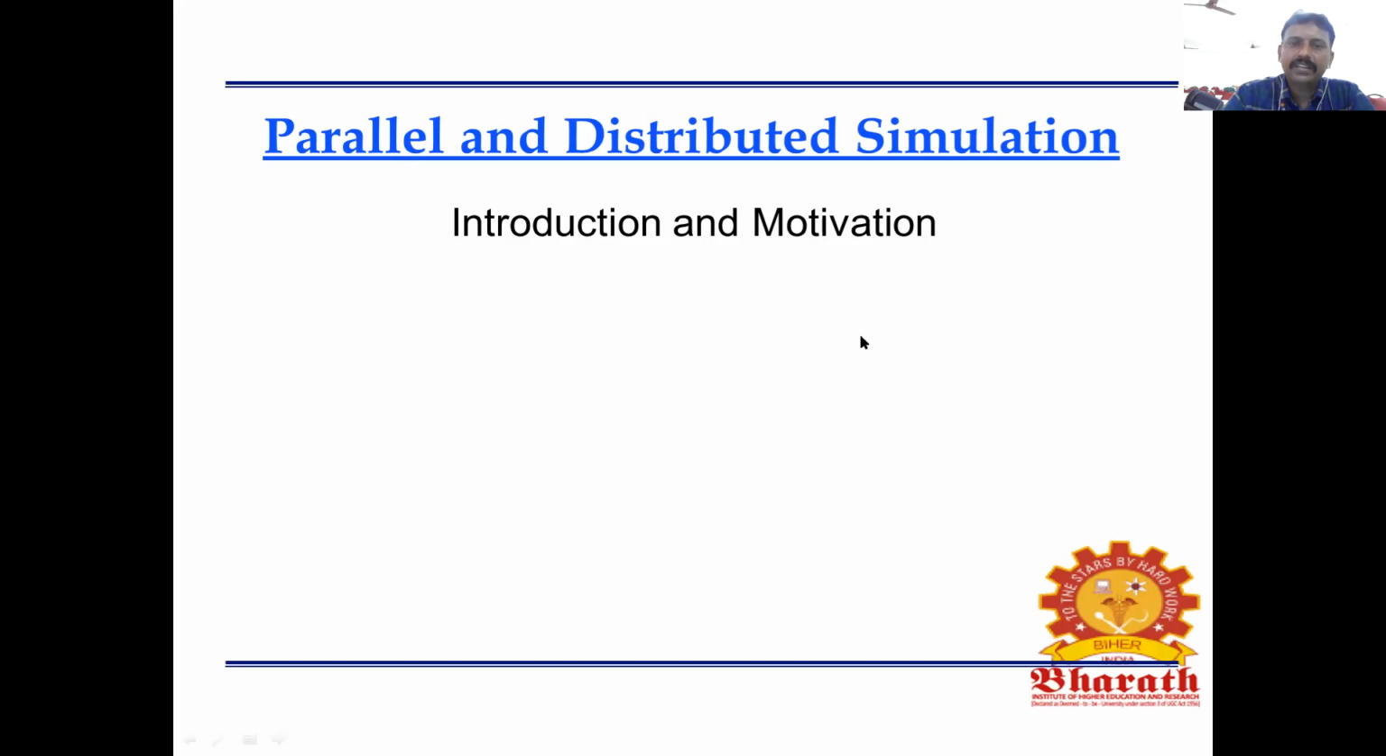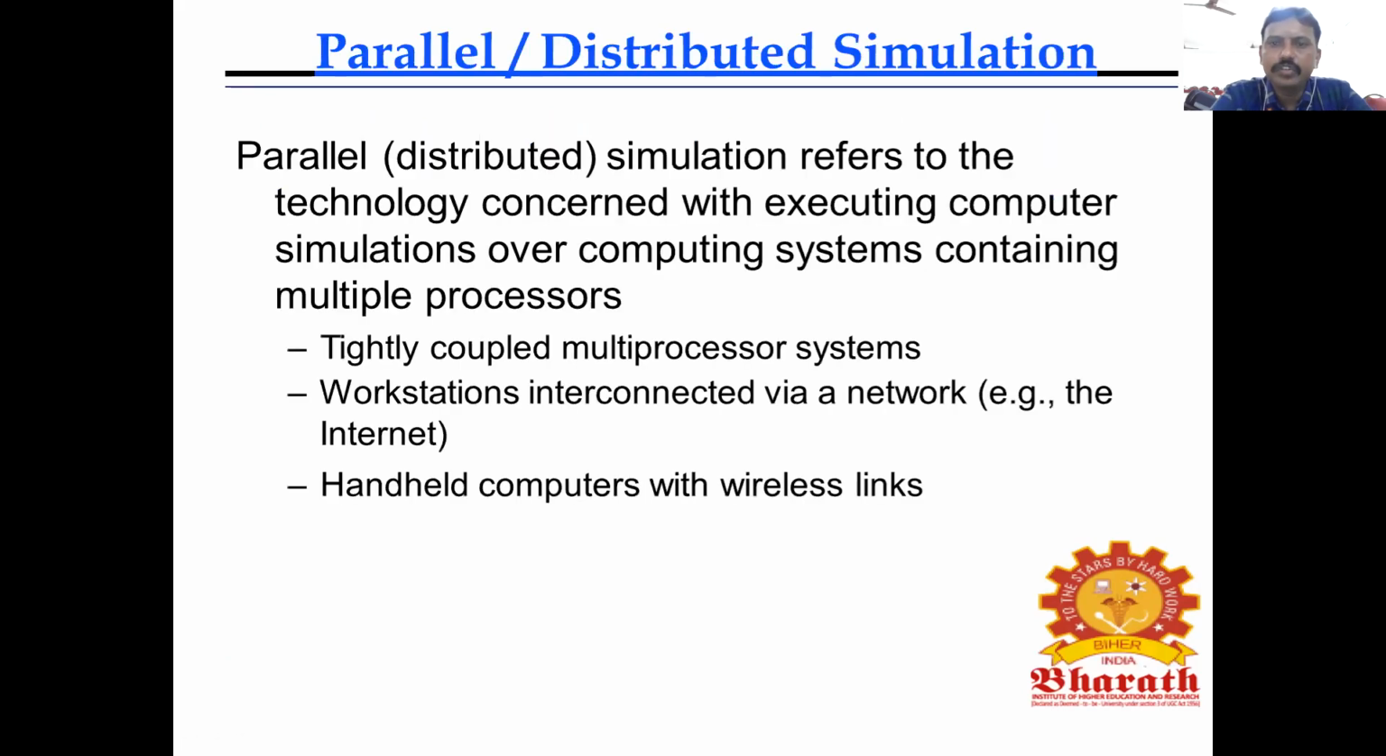Next, we go to the parallel and distributed simulation model introduction. Parallel simulation is a technology concerned with executing simulation and communication over computing systems and parallel computing processors. This is known as a tightly coupled multiprocessor system. What is a multiprocessor? Nowadays we have multi-core processors, where within the chip there are n number of processors. Similarly, within the chip, where we design the architecture of this particular system,